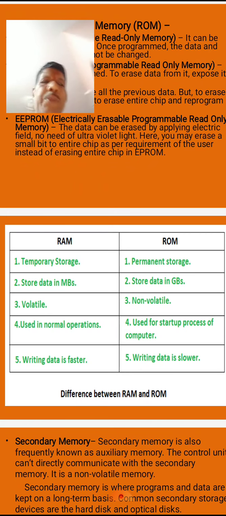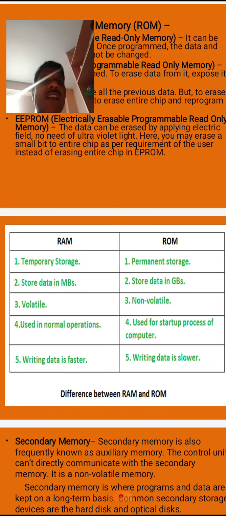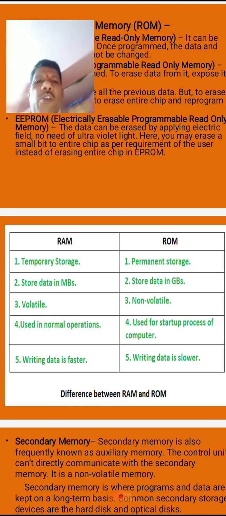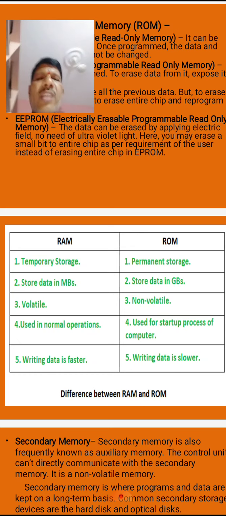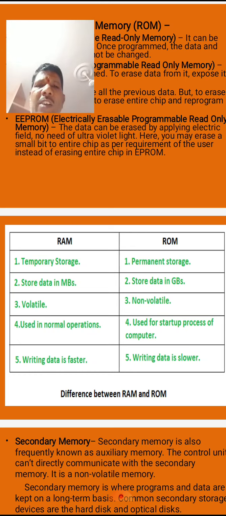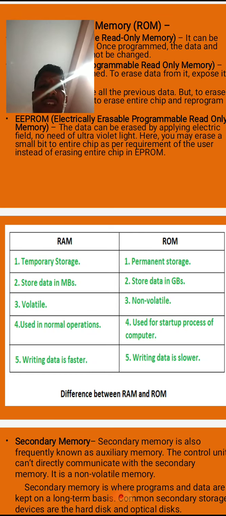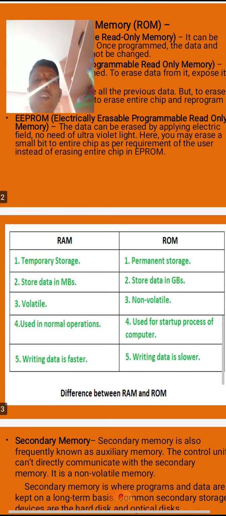When you start the computer, the necessary files are loaded from ROM. That process is called the booting process. The programs for the booting process are available in ROM chips only. RAM writes data faster, whereas ROM writes data slower, but ROM chips can be written by the computer manufacturers. These are the primary differences between RAM and ROM.